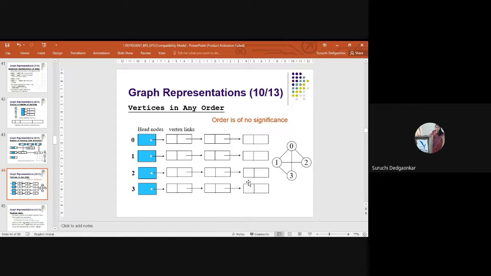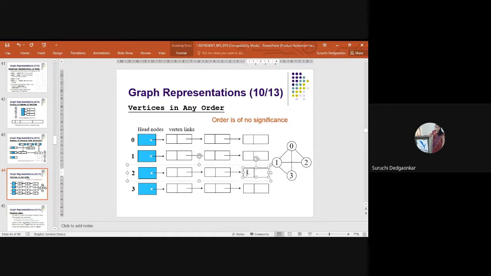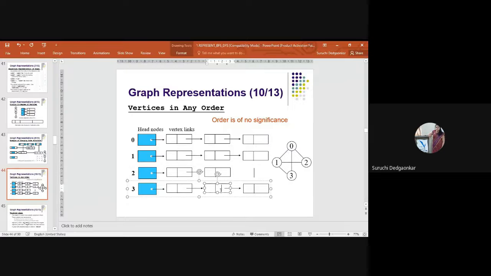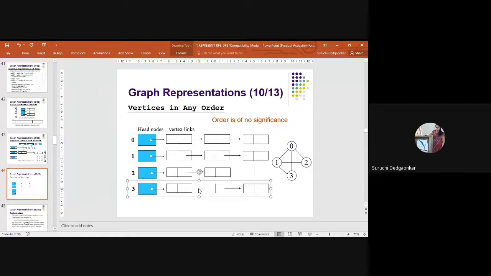In that case I have to remove this last node from here. Suppose this is node 3, and also from node 3 I have to remove node 2 details. So like this we can have.